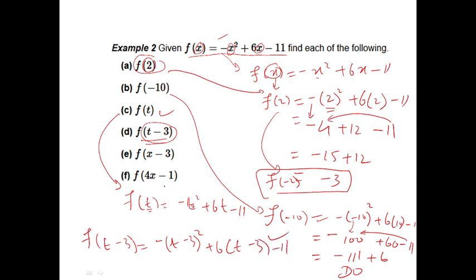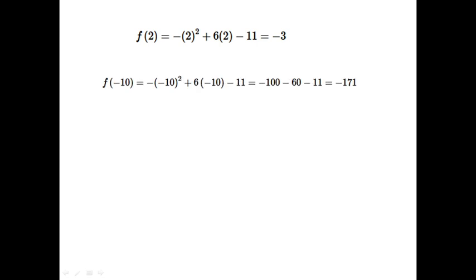That is done. And try these E and F. Okay. This is the solution of that question. I have solved all these